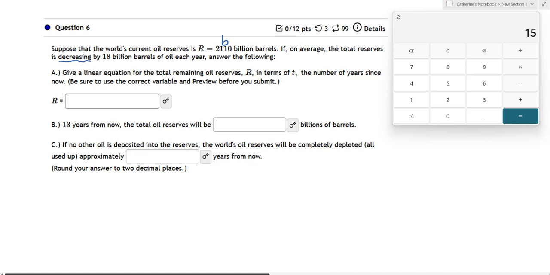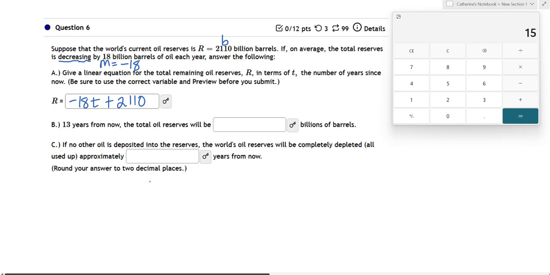And I assume we're not going to actually have billions in there. We're just going to go with 2,110 and then just 18. And so that means since we're decreasing, our slope would be negative 18. So we go down 18 each year. So that's going to be, we're supposed to use T, so negative 18T plus